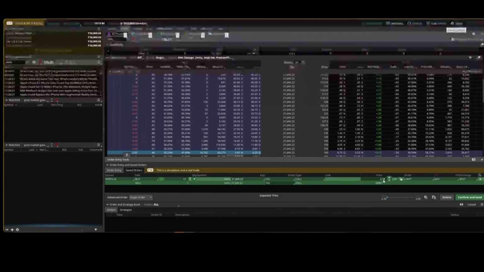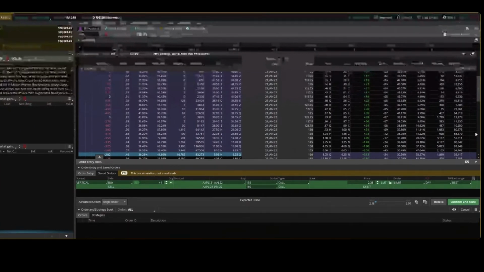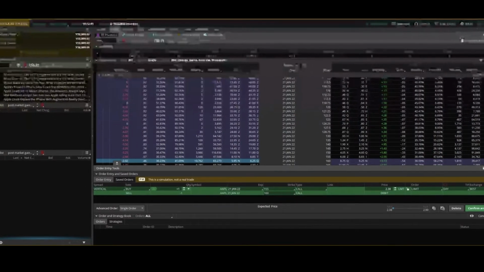So here's my risk. My total risk right there is $238 per contract. So you just bought a contract of the 155 for 885, and then you sold a contract for 595. So you're actually collecting this 595 back. So if you're going to confirm it, your risk-reward on this trade is 262 with your max loss of 238. Now, that doesn't sound very sexy to me, so I would probably try to find something else. I'm looking for a high probability or something of a 3-to-1 nature where my risk-reward is higher